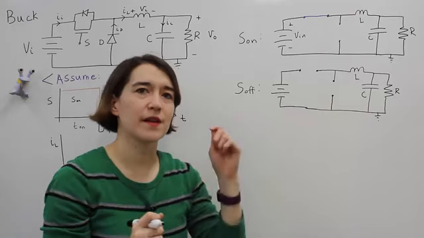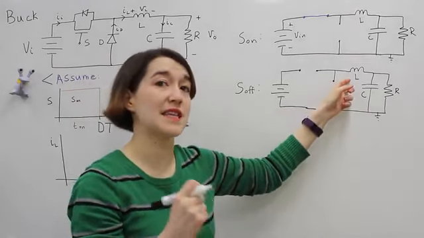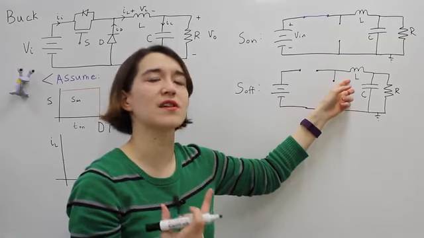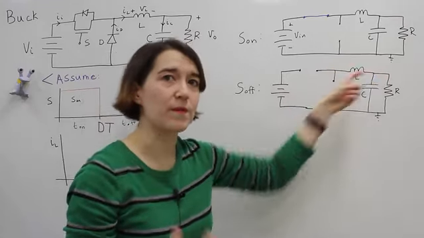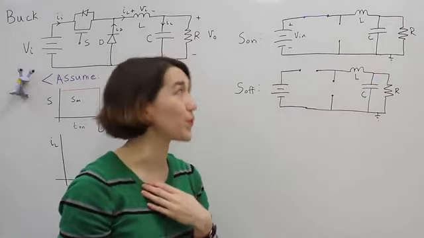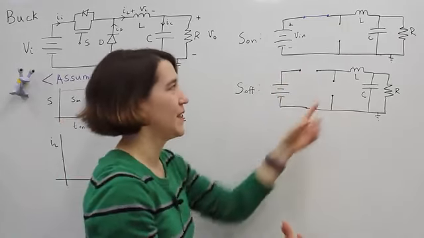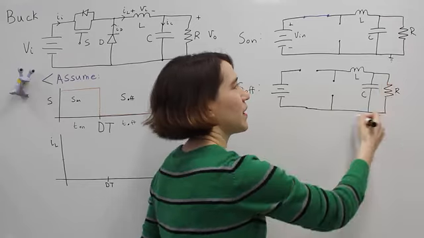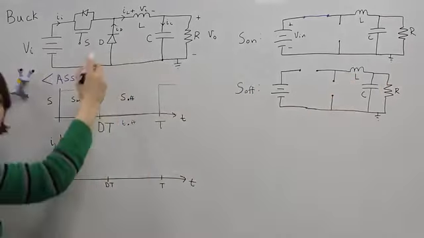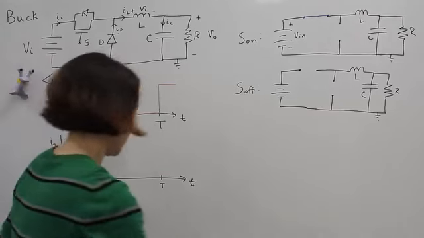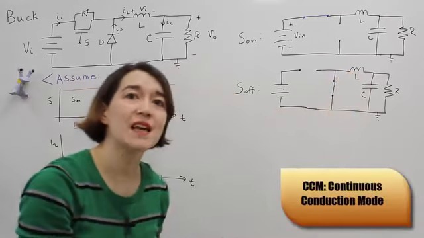If current is flowing through this inductor, if it's in CCM, we can think of it as a constant current source, which means that if current is flowing through here, there must be a path for it to go through. Since we know this is open, current cannot flow through there. So the only other path is to go through this diode, and luckily the arrow is in the correct direction, so it will go through here and we'll turn on the switch